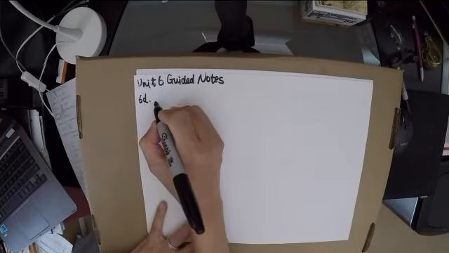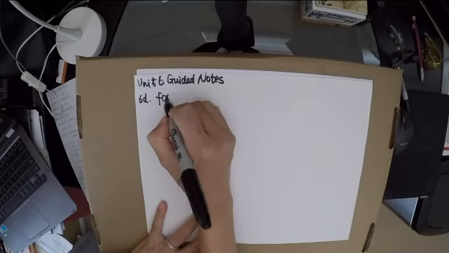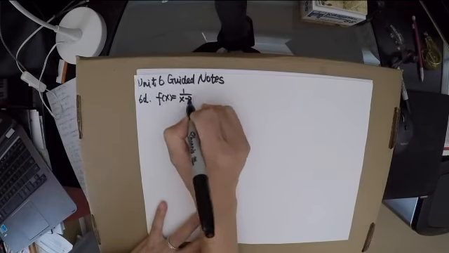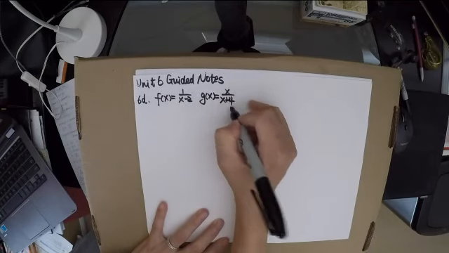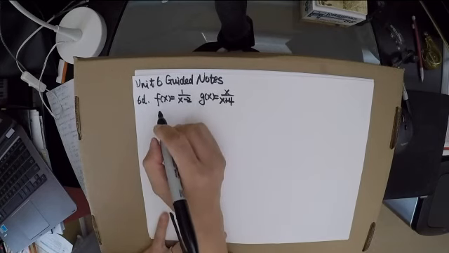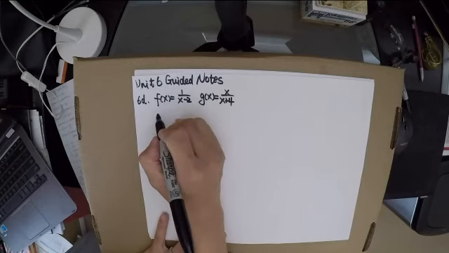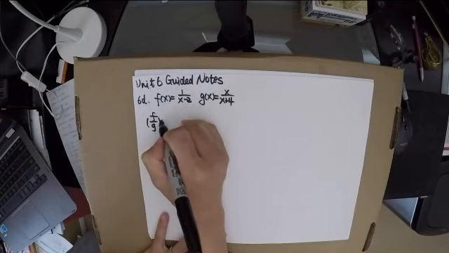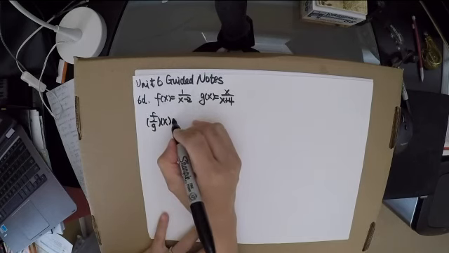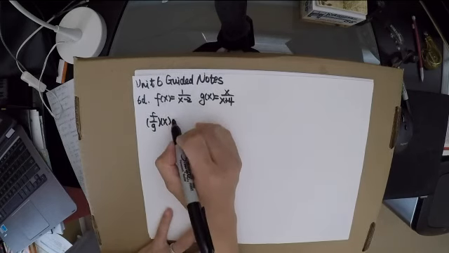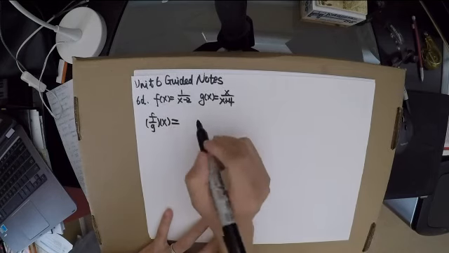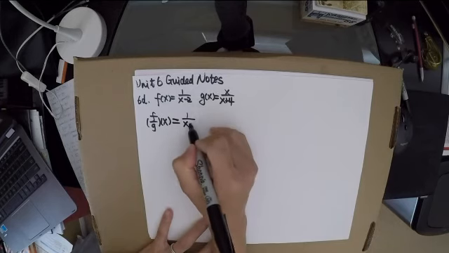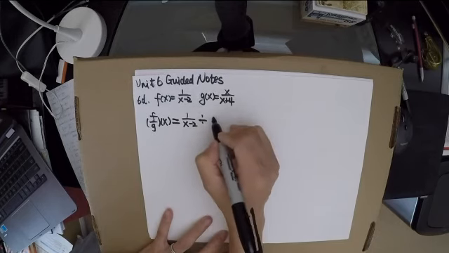6D. Okay. So we were given function f(x) equals 1 over x minus 2, g(x) equals x over x plus 4. So in 6D, you are asked to find the resulting function of f over g(x), and then figure out the domain of the resulting function. So f(x) over g(x) is defined by f(x) divided by g(x)